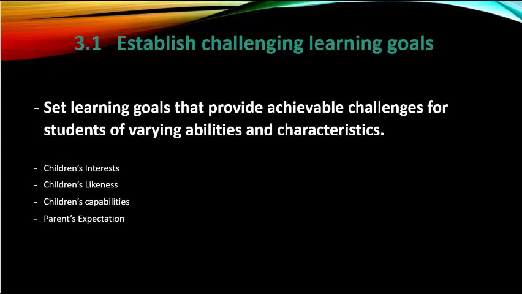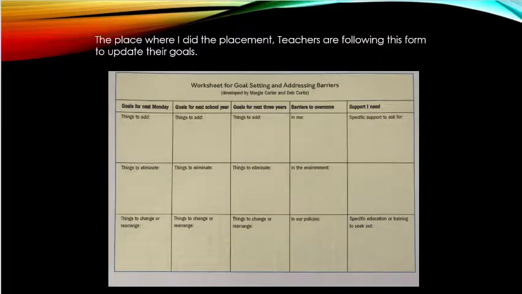In an early childhood setting, I believe that the goals' real task is differentiating lessons, differentiating for children's interests and their abilities. As we all know, each child is unique. From one activity, we can expect many different outcomes. As a teacher, first we need to identify children's abilities, their likes, and how they learn. And also, according to parents' expectations, teachers have to set different goals.